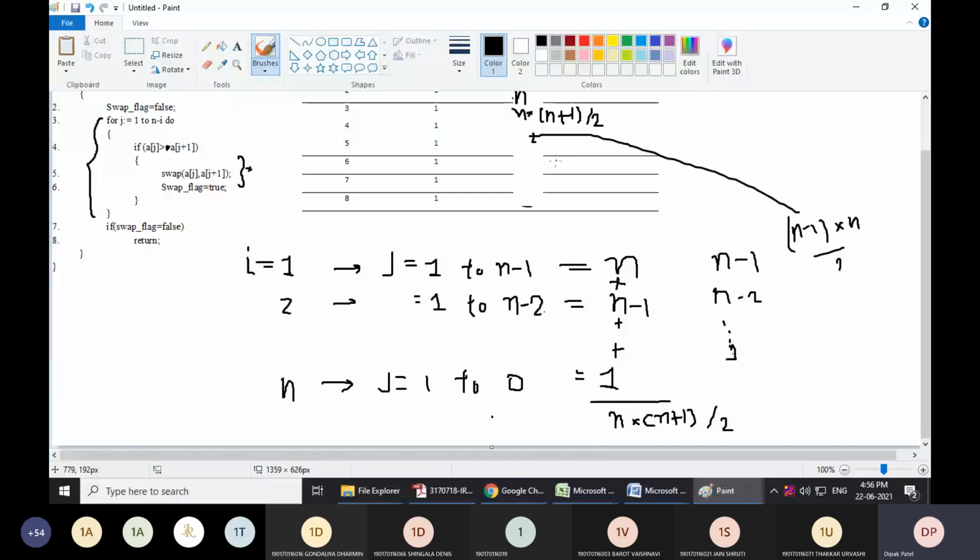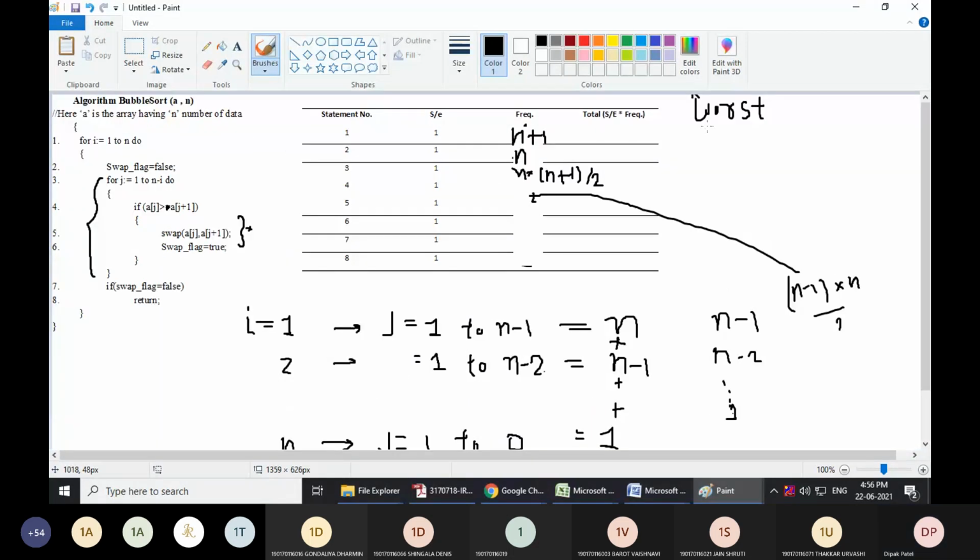Now the fifth statement. We know that we are looking for worst case analysis, so we have to assume that this condition is always true, and hence it has to execute the fifth statement as well. So the fifth statement will have the same count as the fourth statement, and the sixth statement also the same as the fourth.